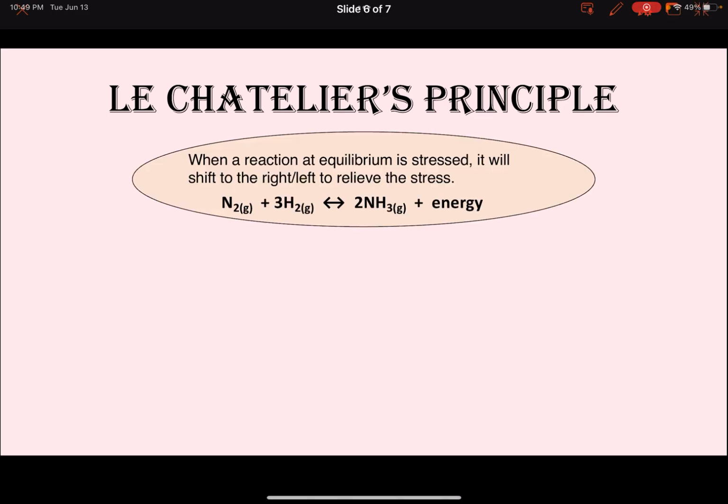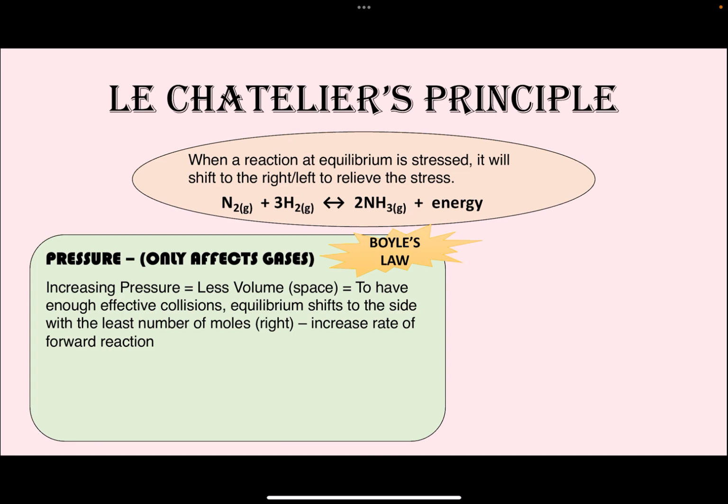Okay, so this was your Le Chatelier's principle. We were talking about Boyle's law. When we increase the pressure, that is going to decrease the amount of space. So in the limited amount of space, because we want to have effective collisions, which means collisions with enough energy and with particles colliding with a proper orientation, we want to have fewer moles so that they still have enough space to collide with each other with a specific amount of energy. So the point is, when you are increasing the pressure, the reaction shifts towards the side that has fewer